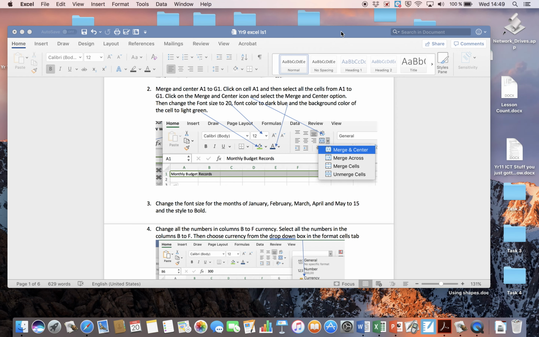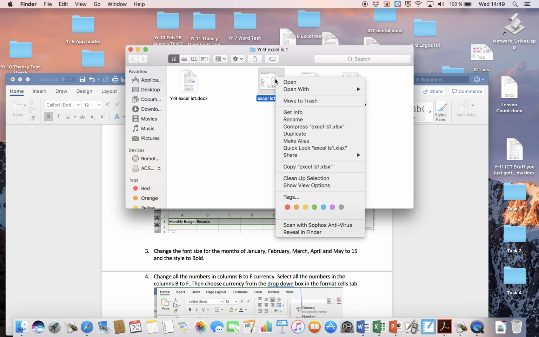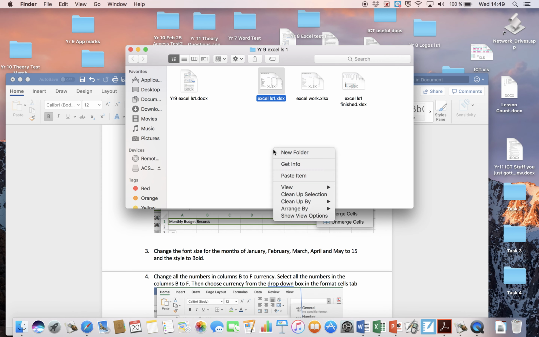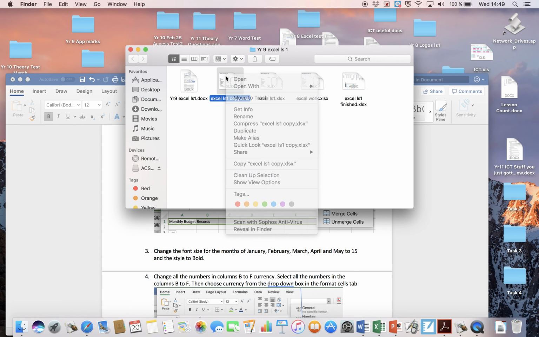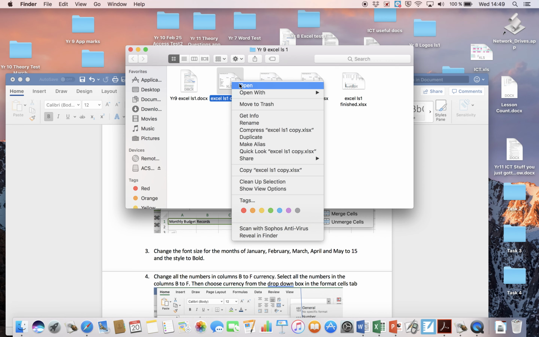Save, go back there, and so this is what I want to do. Sorry, the Excel sheet that I'm going to have you guys do in class is this one here. I'm just going to use this one as a work one, so I'm just going to open that again